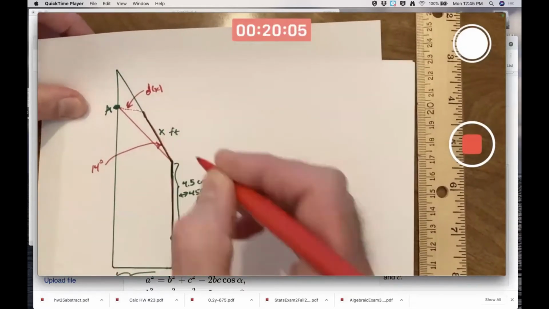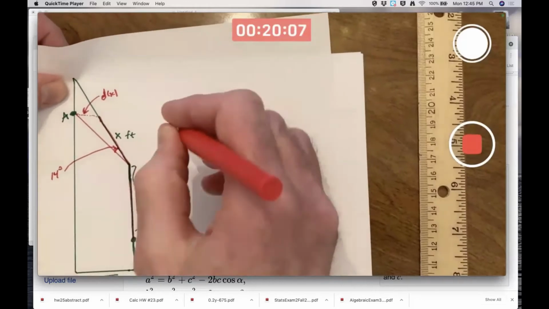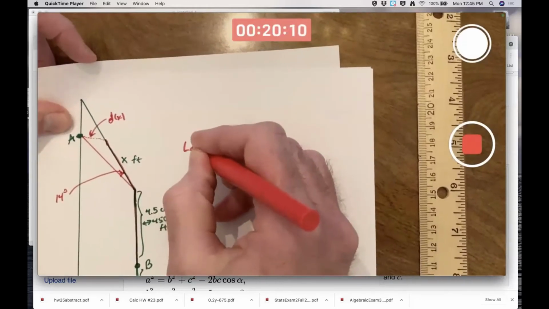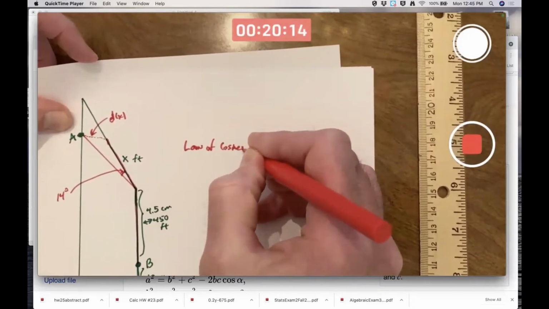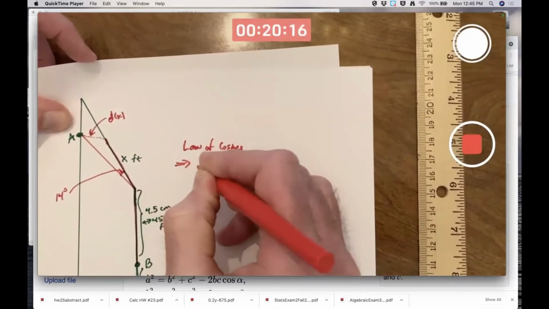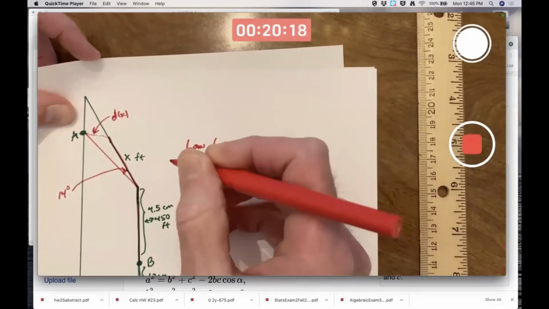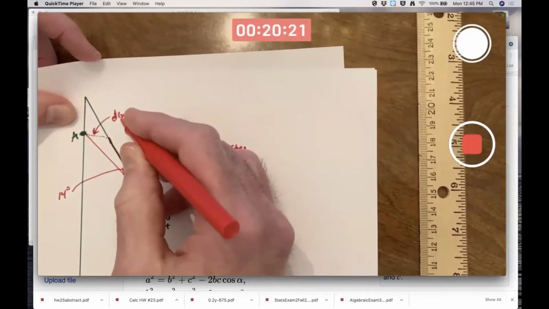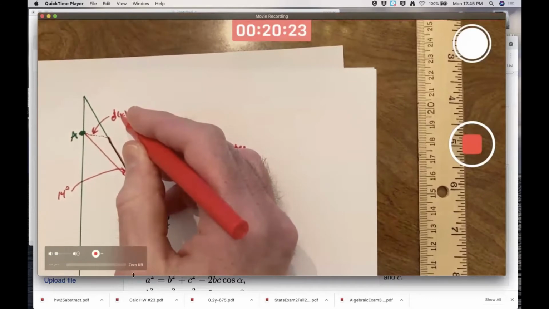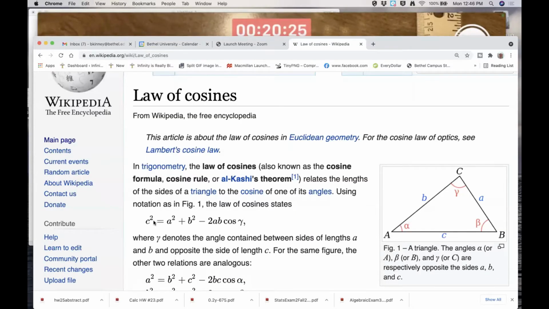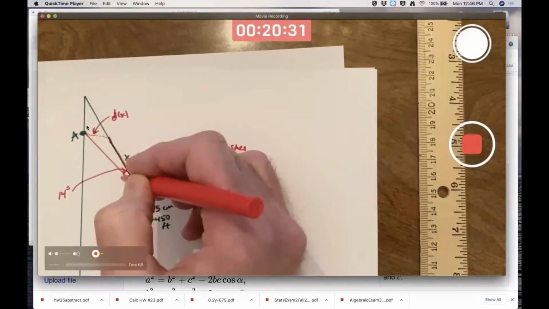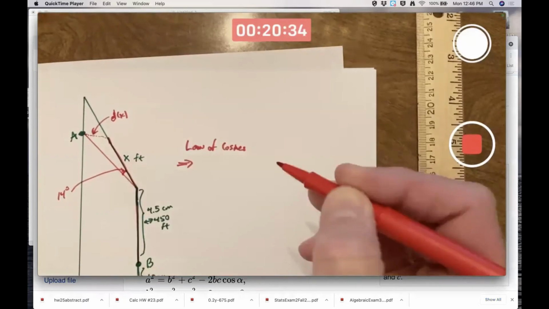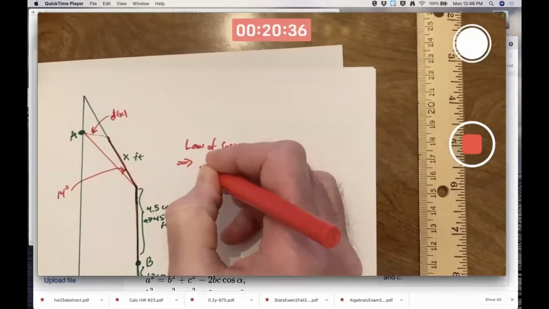Okay. So according to the law of cosines, what would I like? I'd like to find a formula for d of x. The d of x is really like my c in this equation because it is the side length opposite the angle that I know. This is the side that is opposite from the angle that I know. So d of x squared,